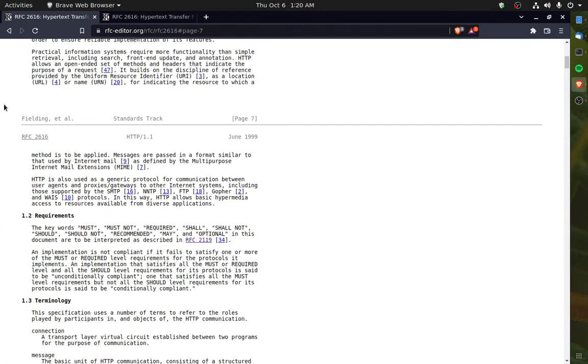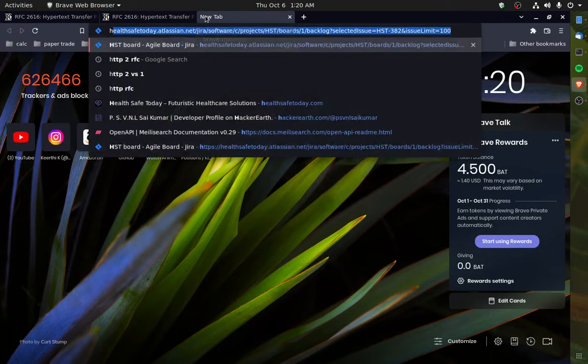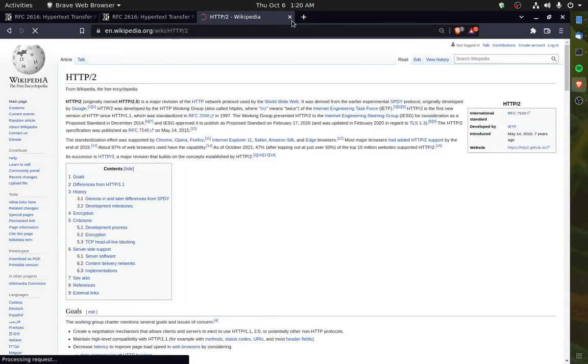What we're trying to do here is to understand HTTP 1.1, which was introduced in 1999, and currently we have something called HTTP 2, which is a serious upgrade over the current HTTP 1 standard, which is much more secure. But firstly, as